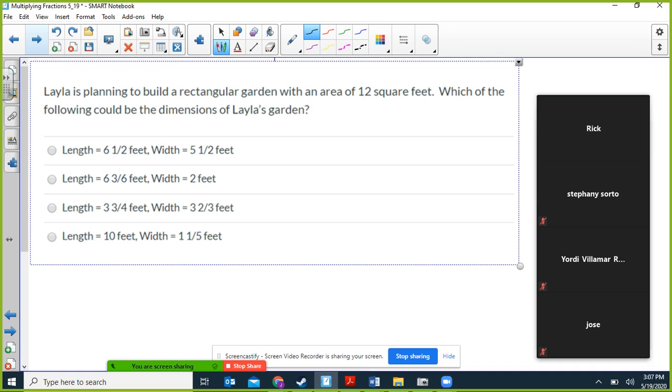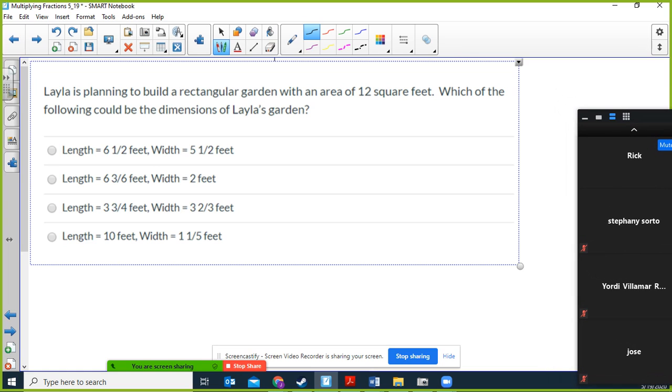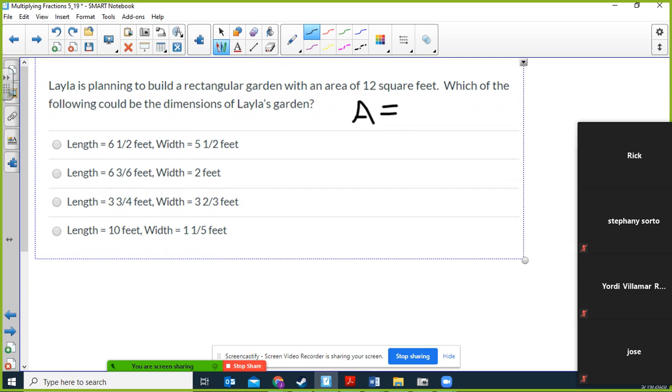So this one was a little bit different. You're trying to build a garden and you're looking for an area of 12 square feet. So how do I find area? Somebody unmute and tell me. Nope. So area, almost. Area equals length times width. So you threw one extra little piece in there. So I want it to be 12. So I have basically 12 equals